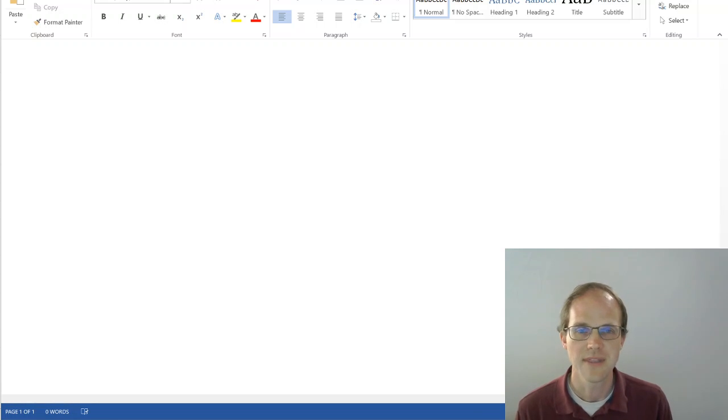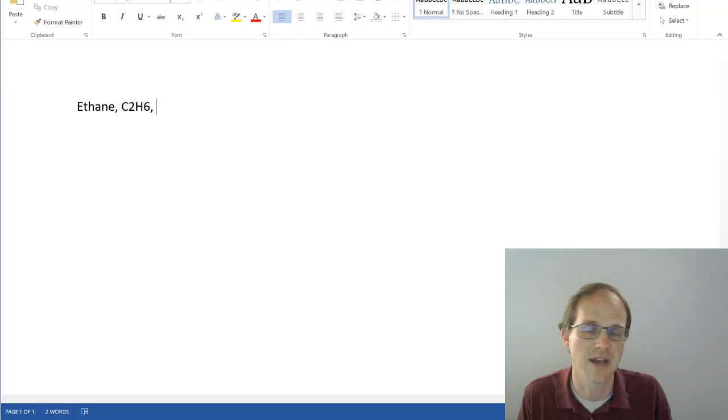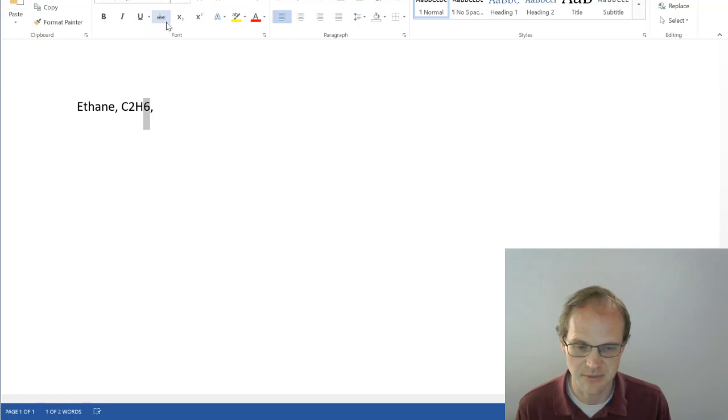So one thing to keep in mind is that when you're using Word, it's designed to make things look pretty. We have a lot of chemicals. Let's talk about something even simpler. Let's talk about ethane, and we can say it is C2H6. Now, when you are typing stuff in Word, please make sure you're formatting it properly. I don't want to see C2H6 right there. I want to see that you're properly using subscripts and things like that.